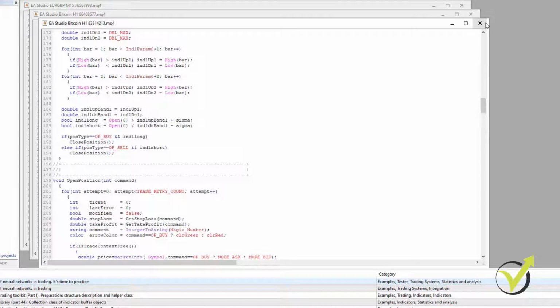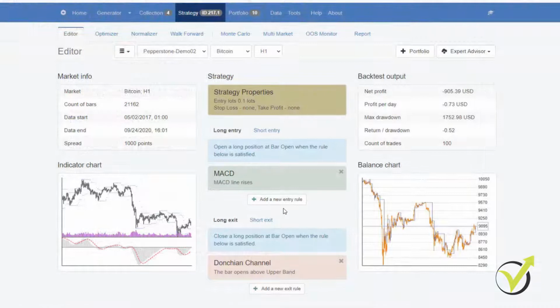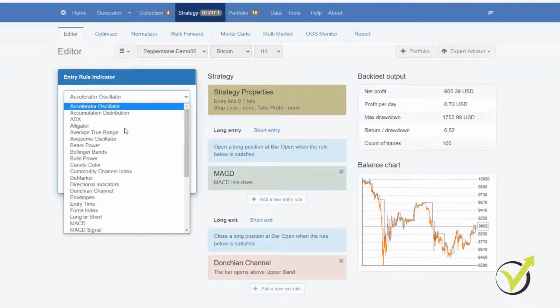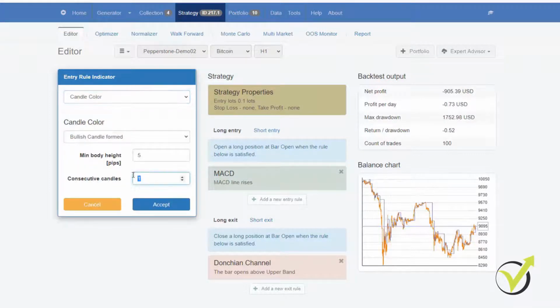So I had to test these strategies, then give it back to them, and they fix it and send it back. And imagine this is just one version of the strategy, and if I have to change anything, I send it again to the developer to add another rule, for example, another indicator. And it was so exhausting and so expensive to do that, and honestly with not very good results.